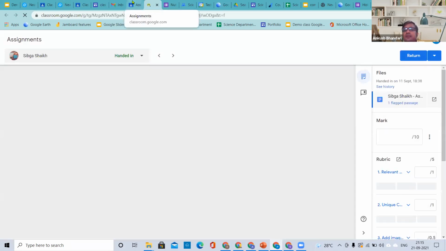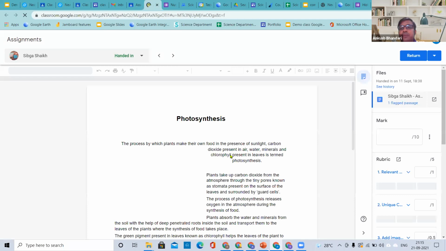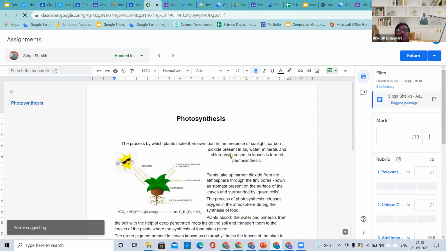The first part, generally what I do nowadays, I want to check the plagiarism, because nowadays most of the assignments are digital in nature, whether they have to type in text from their own handwriting, they're copying it from the internet, right?